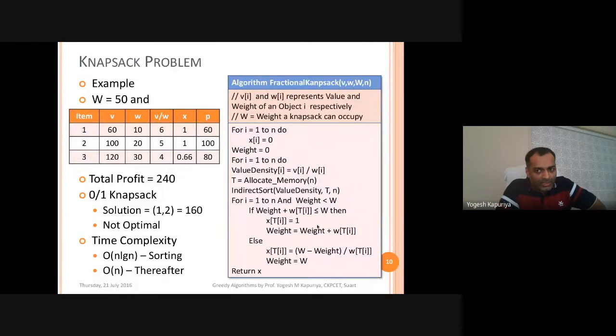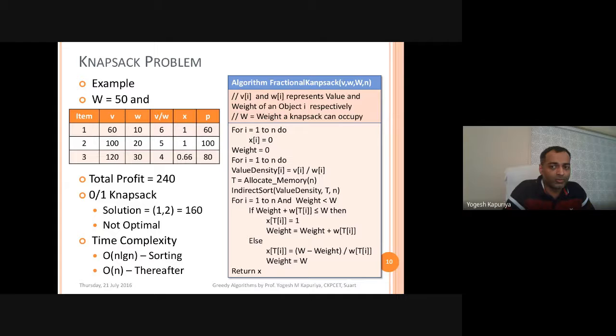And when you are selecting that item, that means you are making sure that x of that value is equal to 1. So now we are maintaining another column over here, which represents x, and x represents whether the item is selected or not. I think this will answer one of the queries which was raised.